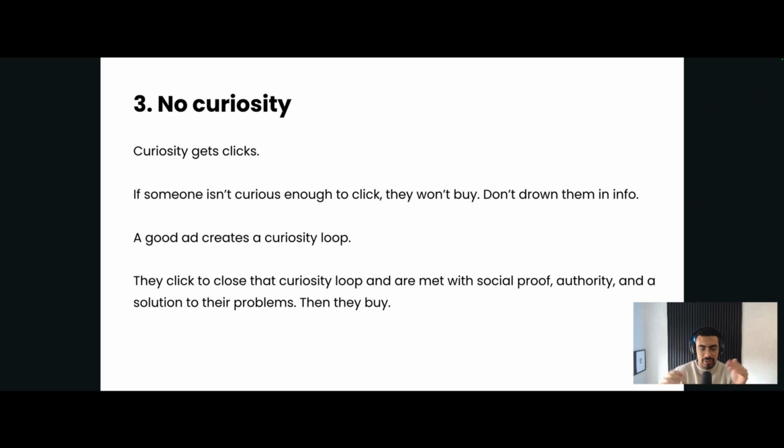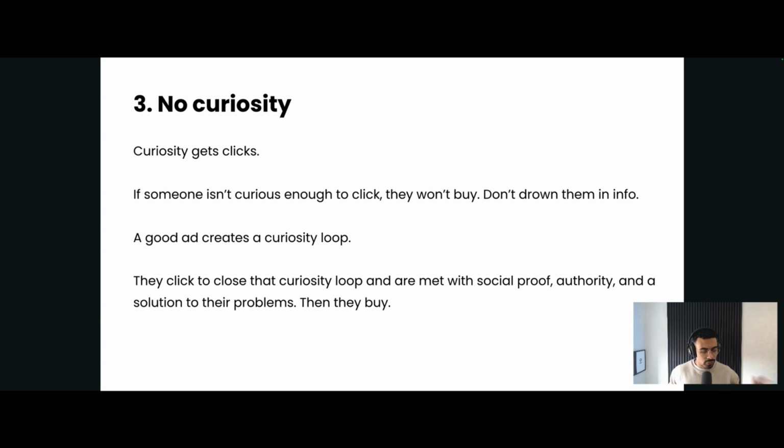Black screen, can't hear anything, can't see anything. It just cuts out like it's a mistake. Now, I know that's going to sound like a very unprofessional ad, but that curiosity loop is now opened. And what are you going to do? You're going to click on the link regardless of anything, right? Even if you're on the fence, you're not sure if you want it. Just because we've hooked you in, we've got you as the right type of person to watch part of the video, you are going to click on that ad in order to close that curiosity loop.